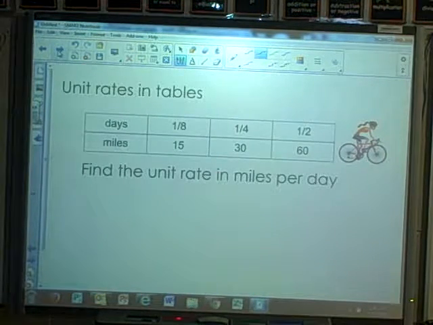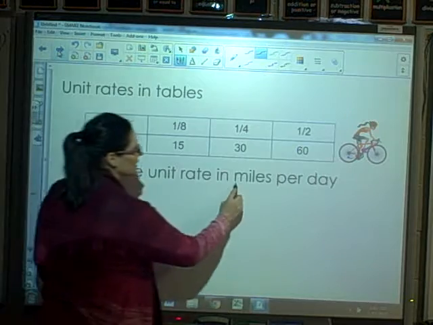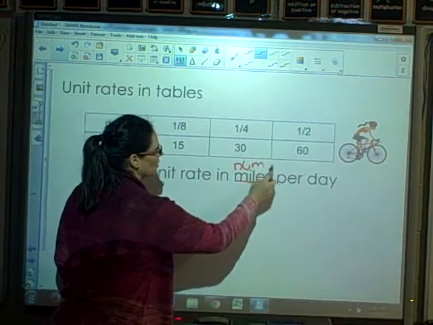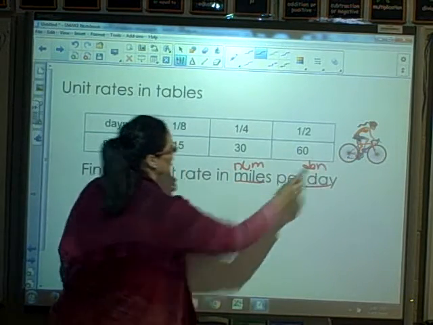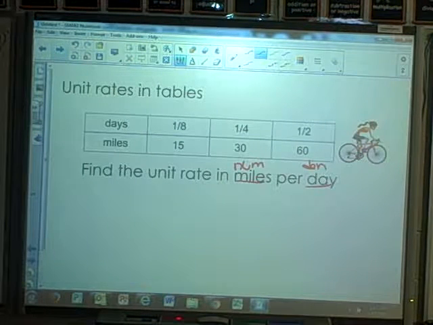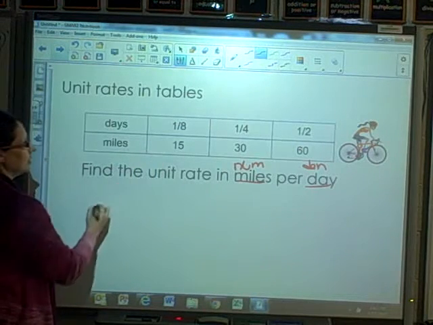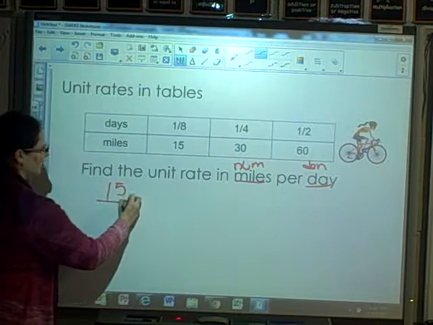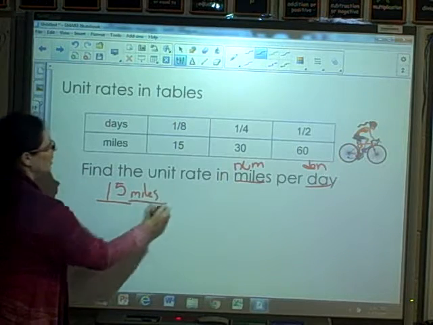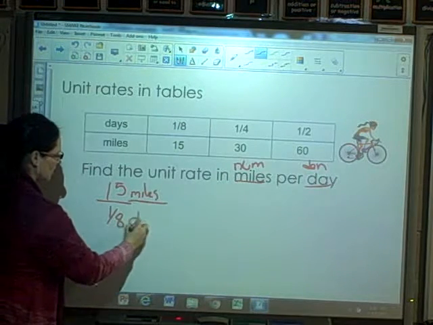Your next one is how many miles you are biking in a day. Find the unit rate in miles per day. Miles is going to be my numerator. Day is going to be my denominator. I can choose any one that I want, and I would get the exact same answer. So if I just pick the first one again and do 15 miles in 1/8 days,